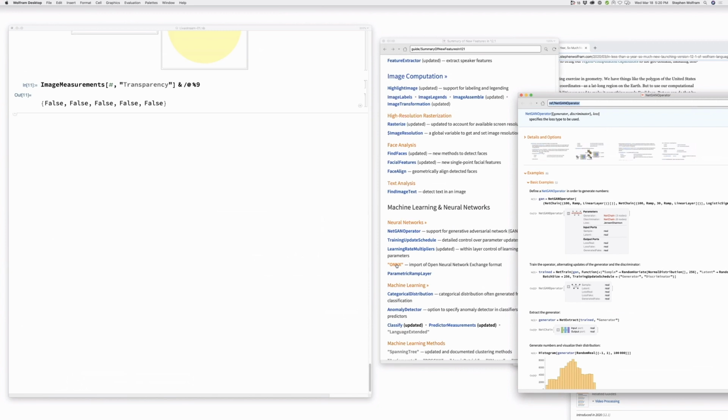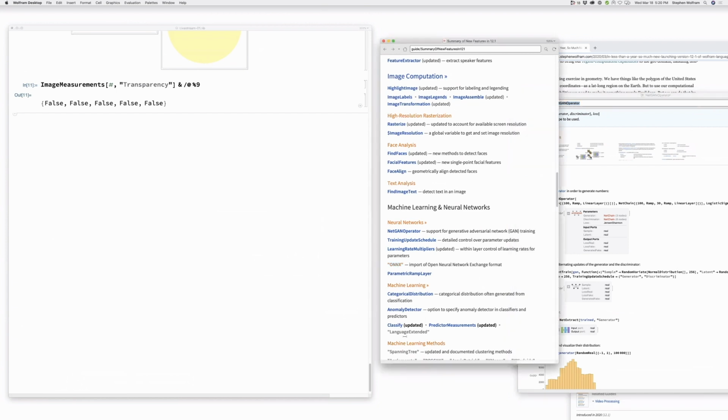Another very practical thing is support for ONNX, for importing neural nets in ONNX format that allows us to get lots of neural nets from a variety of platforms like TensorFlow and so on. I noticed a bug here. That should not be boldface. Okay, here's one that is